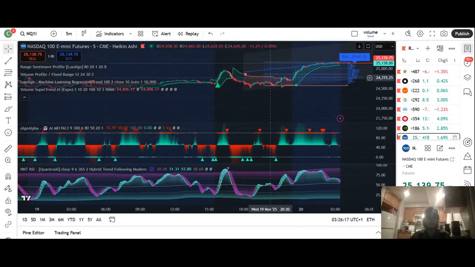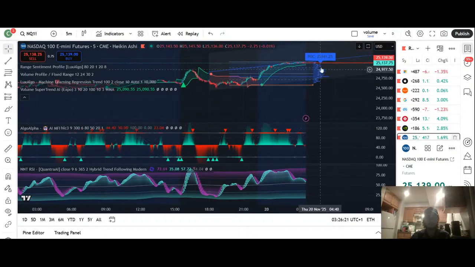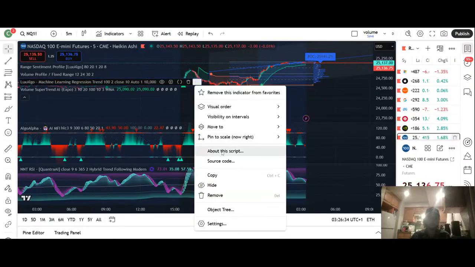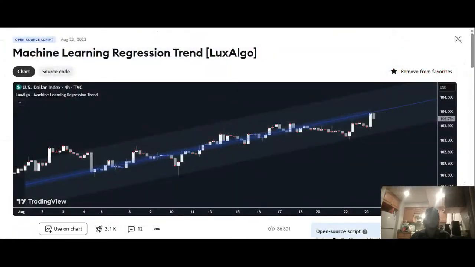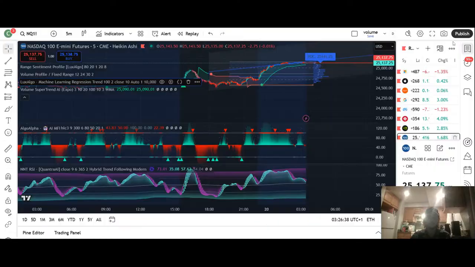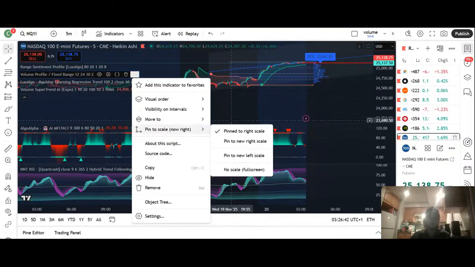It kind of gives you ranges. So this gives you a range, volume range. That's what we kind of need for this to work, so we know if it's positive or negative or what's going on with the volume. Same with this one. This is the entire volume we need on the side. Beautiful as well. This one is called Machine Learning Regressions. This one is called